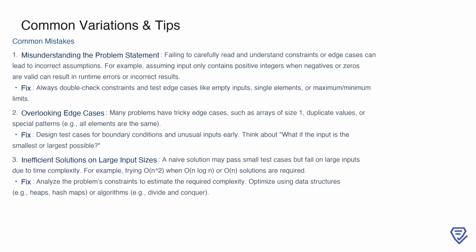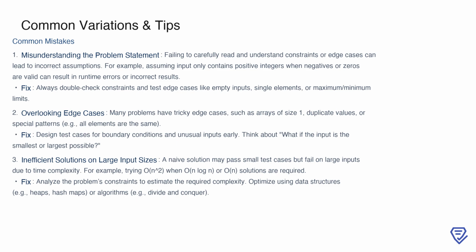extreme values. Another mistake is overlooking edge cases, such as arrays of size 1, duplicate values, or special patterns like all elements being identical. Designing test cases for boundary conditions early in the process can help. Finally, many solutions fail on large inputs because they aren't optimized for efficiency. A naive approach that works for small test cases might time out on larger ones. To address this, analyze the problem's constraints and estimate the required time complexity. Look for opportunities to optimize with better data structures, like heaps or hash maps, or algorithms, such as divide and